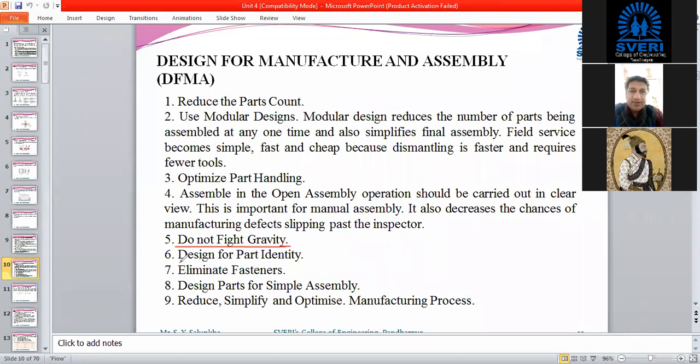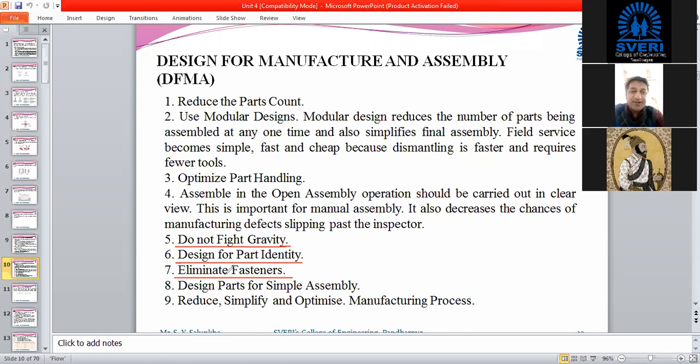Then we have to design any component with a specific identity. We have to eliminate the fasteners as far as possible. Fasteners are an essential or unavoidable part. Actually, fasteners means nut and bolt and riveting and all that.